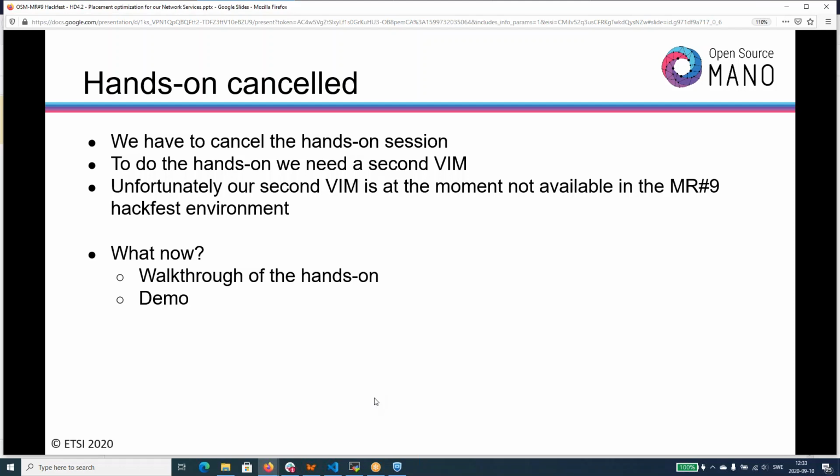So we have to do something different. This was a last minute cancellation, and sorry for that, but things happen in data centers. So the second VIM is not available. So what will happen now is I'll do just a walkthrough of the hands-on, and then I'll do some